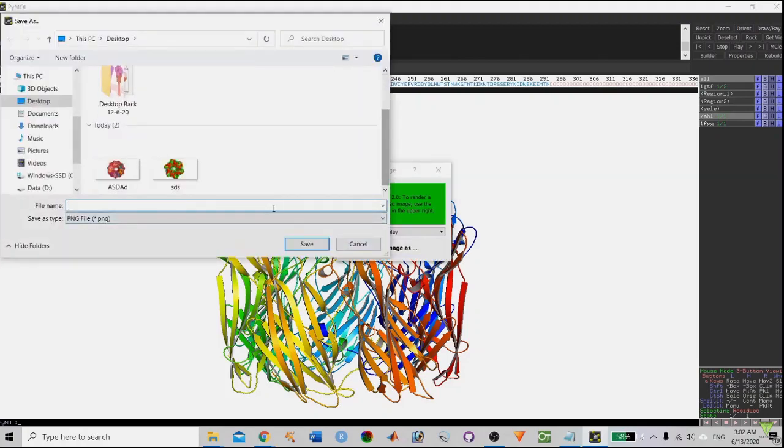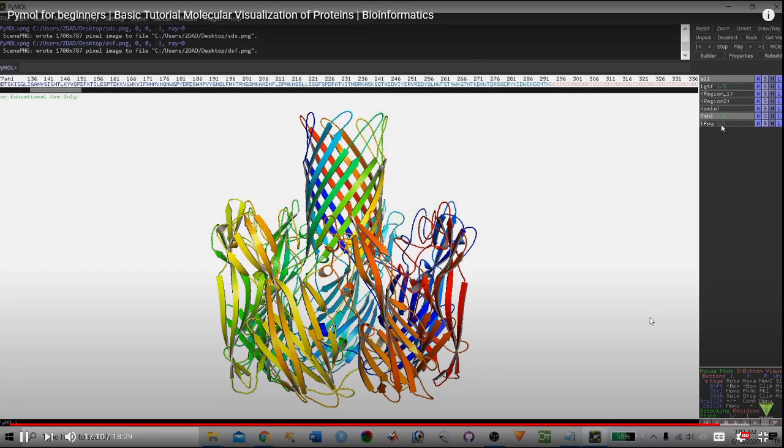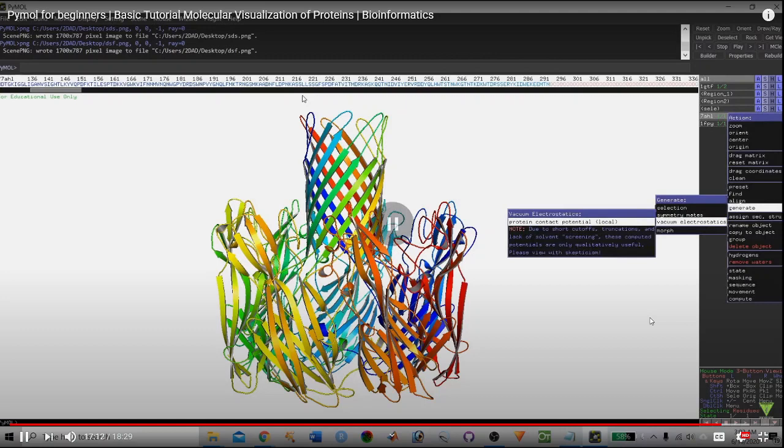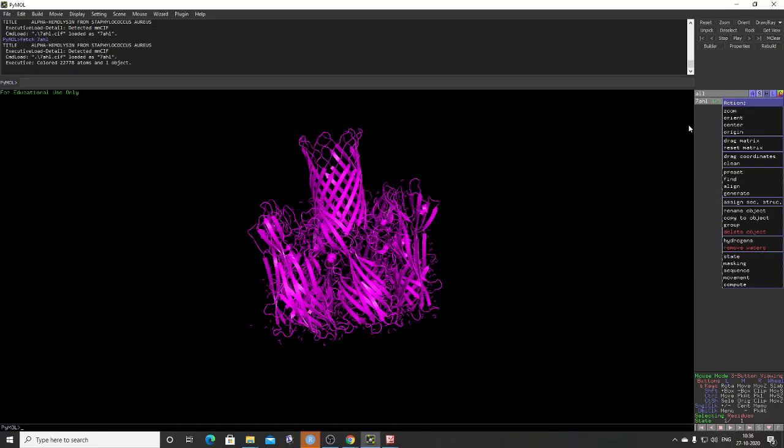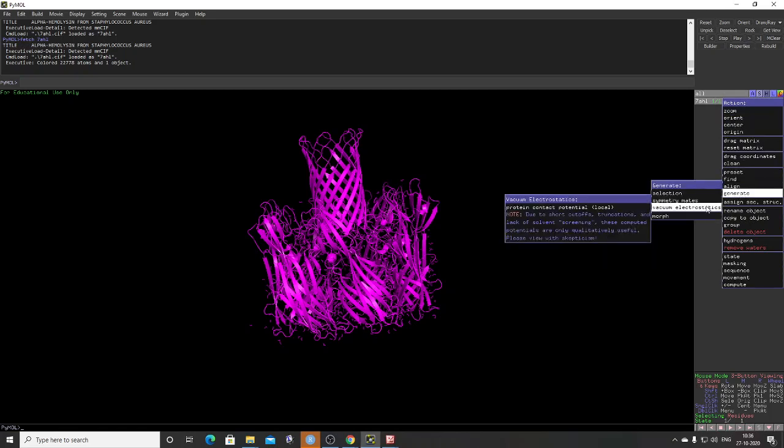We have to go to Generate, Vacuum Electrostatic, and then Protein Contact Potential. So let's see. This is Action, Generate, Vacuum, and this is Protein Contact Potential.